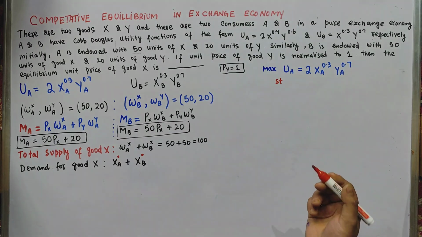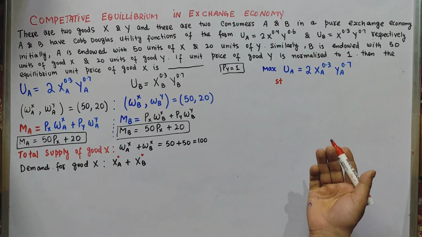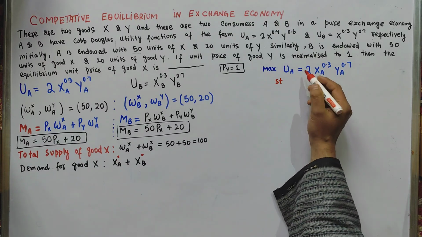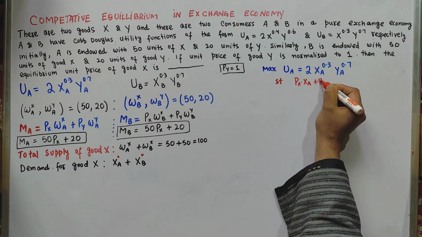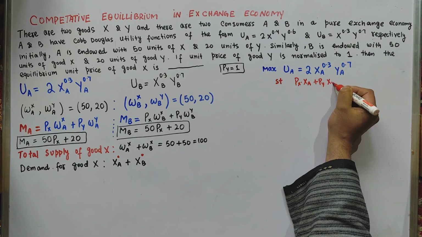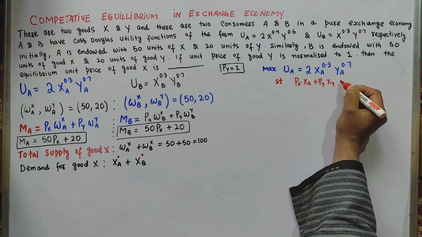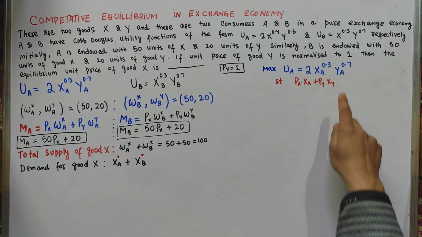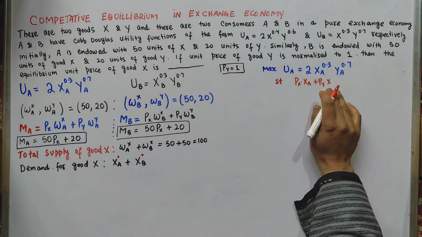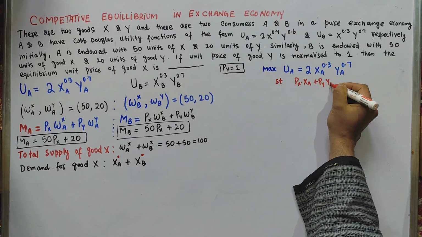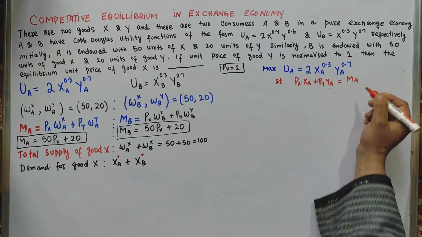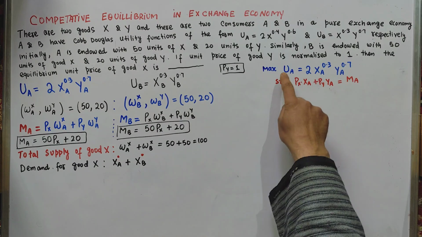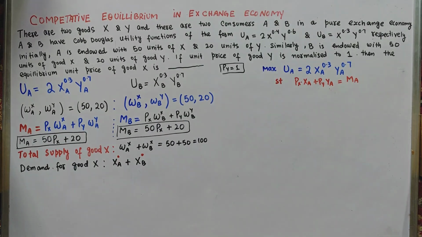subject to the budget. And what will be the budget of the consumer here? For person A, it will be equal to price of X times units of X plus price of Y times units of Y, here we have XA, sorry, YA, and it should be equal to the income of the consumer, that is M subscript A. We want to maximize this utility function subject to this budget constraint